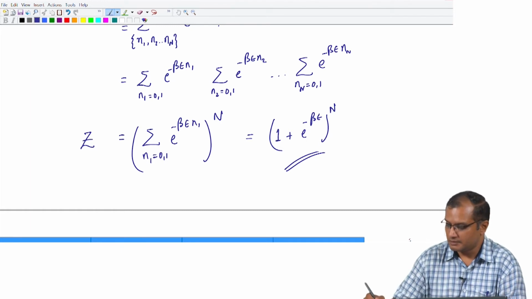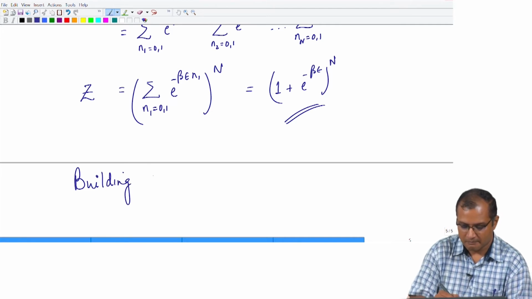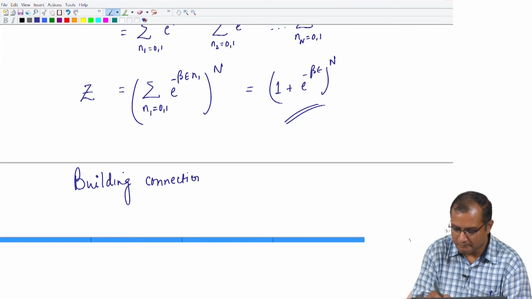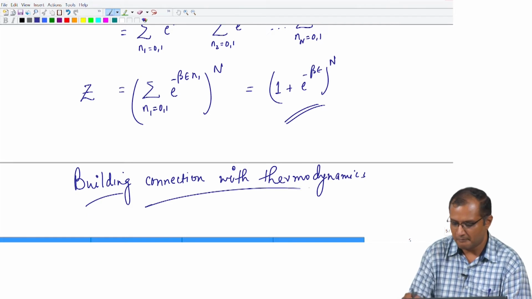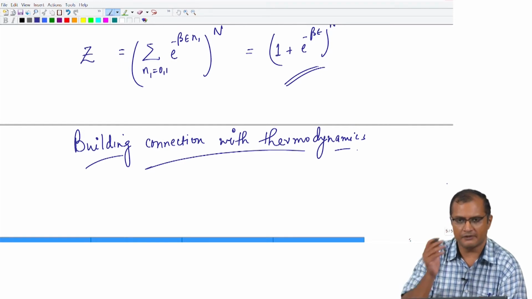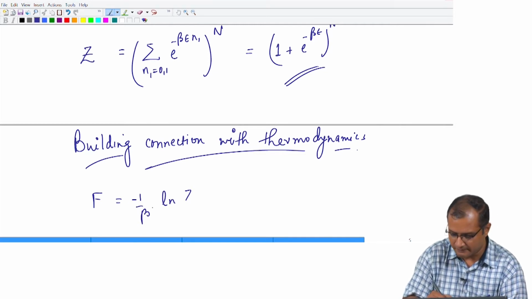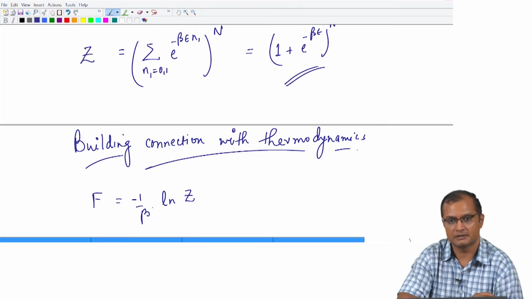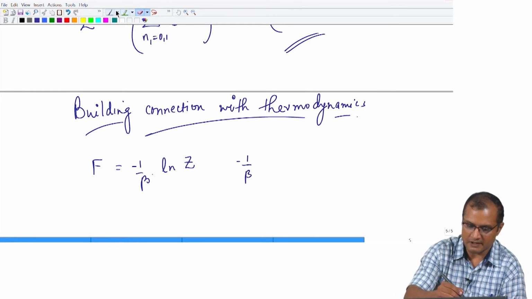You can connect thermodynamics with StatMech. So, with the partition function just recently computed, the first thing I am going to do is set up the bridge, which is F equals minus 1 over beta ln Z. This opens up the connection with thermodynamics. Okay. So, this is nothing but minus 1 upon beta logarithm of the partition function that I have just obtained